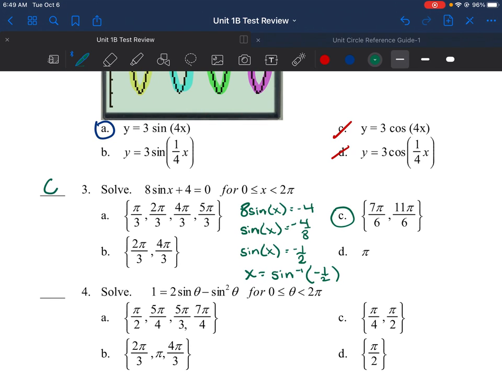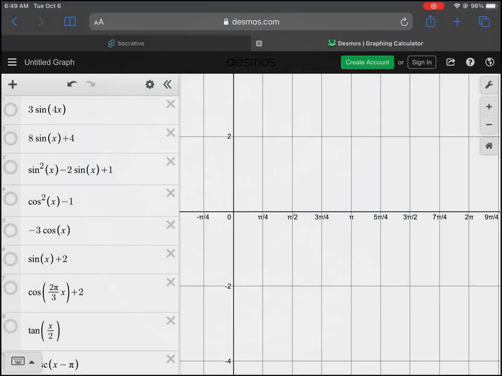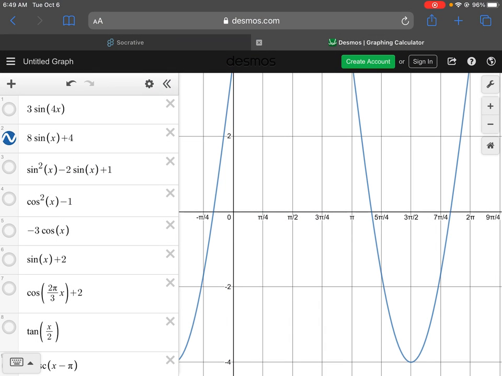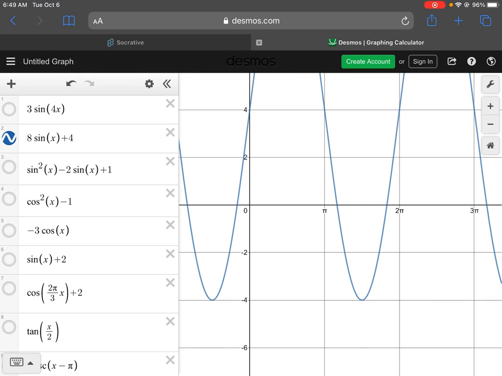Now, there is a way to check this in the calculator with Desmos. What you have to do is make sure that your equation is set equal to 0. Notice that this equation is already set to 0, so if I take 8 sine of x plus 4, and I plug that into Desmos, it's right here, 8 sine of x plus 4, we can look for all